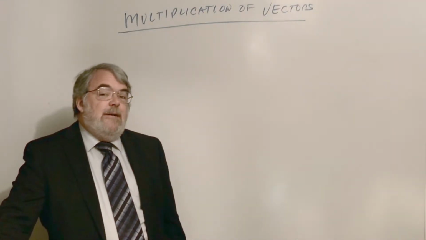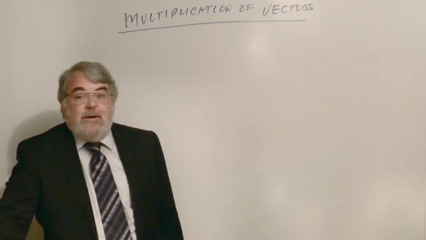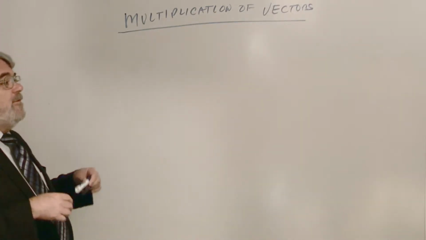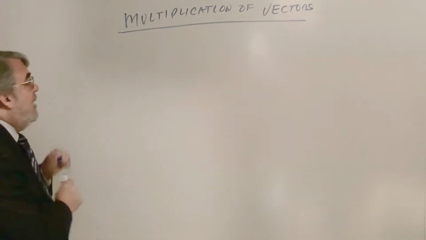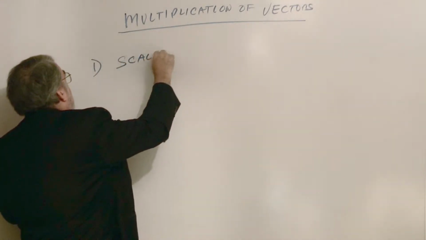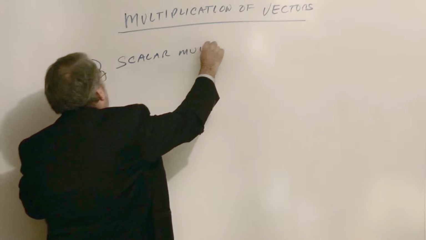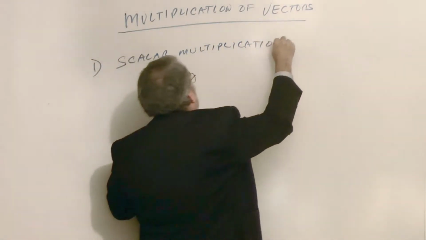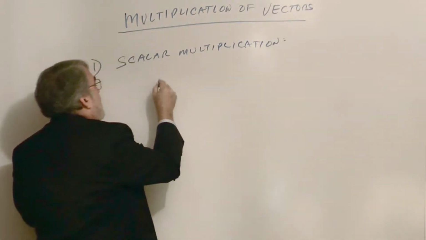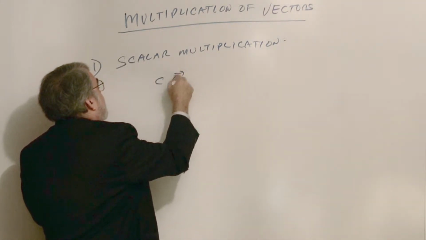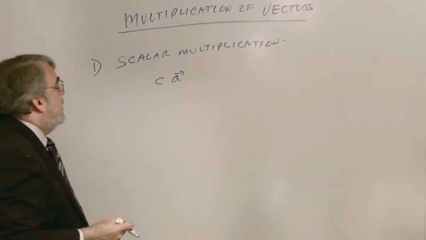Vectors can be multiplied, and as a matter of fact, there are three ways to multiply vectors. The first one is the most intuitive and easiest, and it's called scalar multiplication. So, scalar multiplication is multiplying a constant, like c, times a vector a. And so, for example,